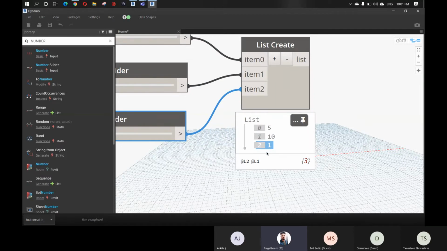When the data is arranged in a list, each item will come up with a number in a gray rectangle. We call it an index. The index is kind of like an address or an identifier for each piece of data in the list. In every list you ever create or work with in Dynamo, the index of the first item will always be 0, and the index of each item after that will increase by 1 all the way down to the full length of the list.